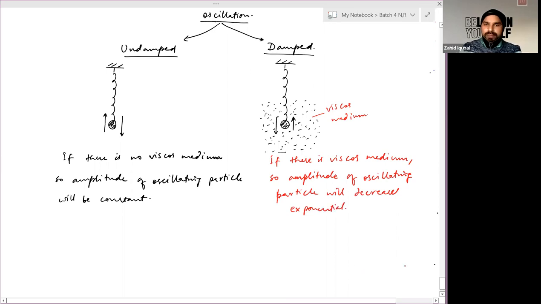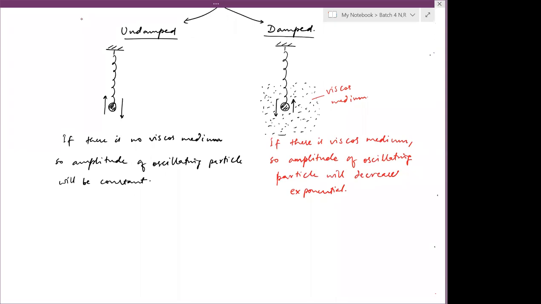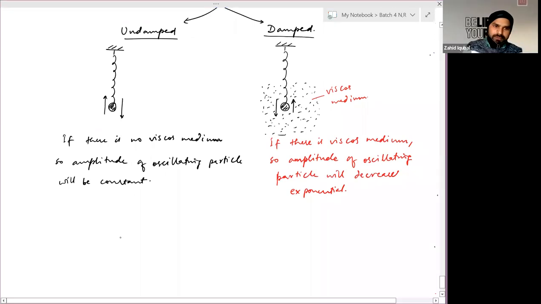That is called damped oscillation. Gautam, is it clear? Yes, sir. So in the first part, the force acting on the particle will be the spring force due to its elongation. So the force acting will be just minus kx. If you solve this part, you will get y equals a times sine omega t, where a